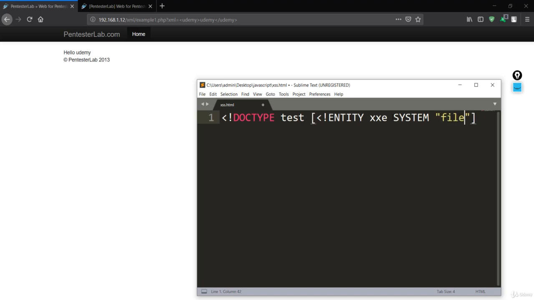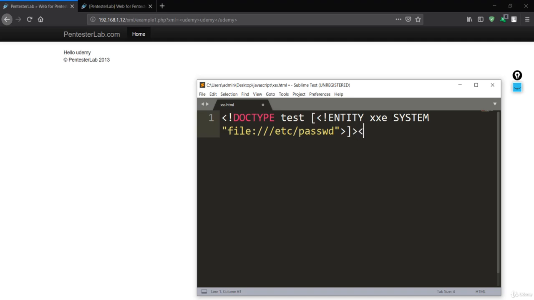First of all, let me put the file name over here. The file I want to extract from the server is in its etc folder, and inside this etc I want to extract passwd. So this would be the file, and after that I'll close this entity, and close this again. After that I have to make my external entity, or basically the XML code.